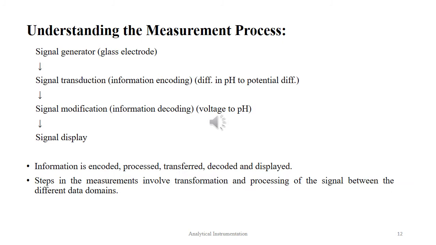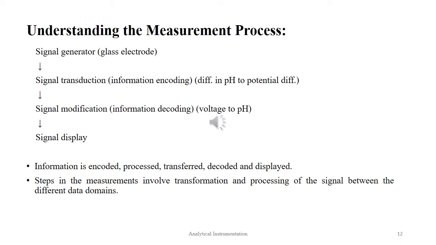With the example of pH analysis, we understand the measurement process of analytical methods. First, we take the signal generator, glass electrode, then we transduce the signal, information encoded, difference in pH to potential difference. Then we modify the signal, information decoding, voltage to pH, and finally we have the signal display. Information is encoded, processed, transferred, and decoded and displayed, and steps in the measurements involve transformation and processing of the signal